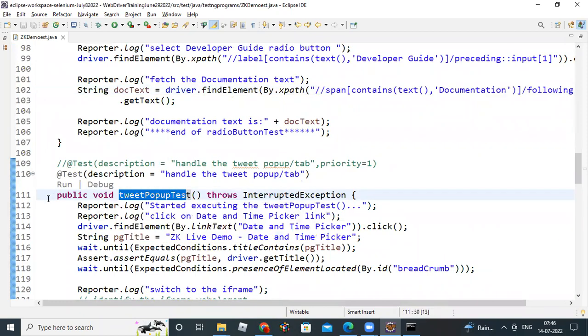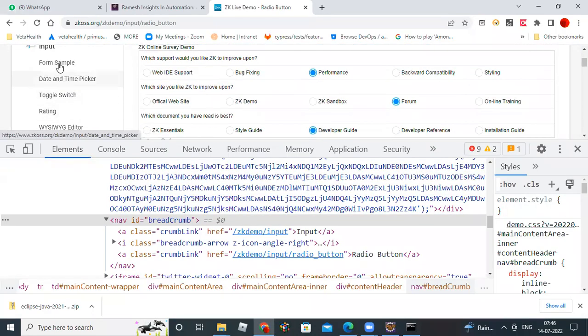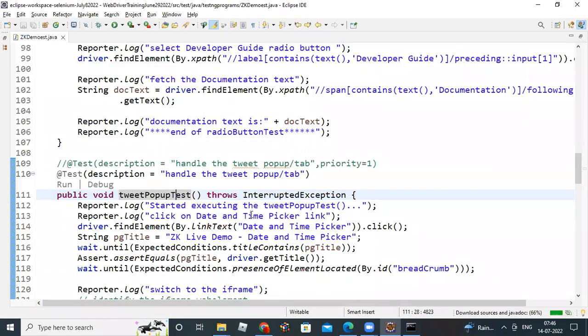See here, public void tweet pop-up test. To reach this, I'm using the date and time picker in the left panel. I'm clicking, so that's what I have written. Click on the date and time picker link: driver.findElement by link text date and time picker link. And then